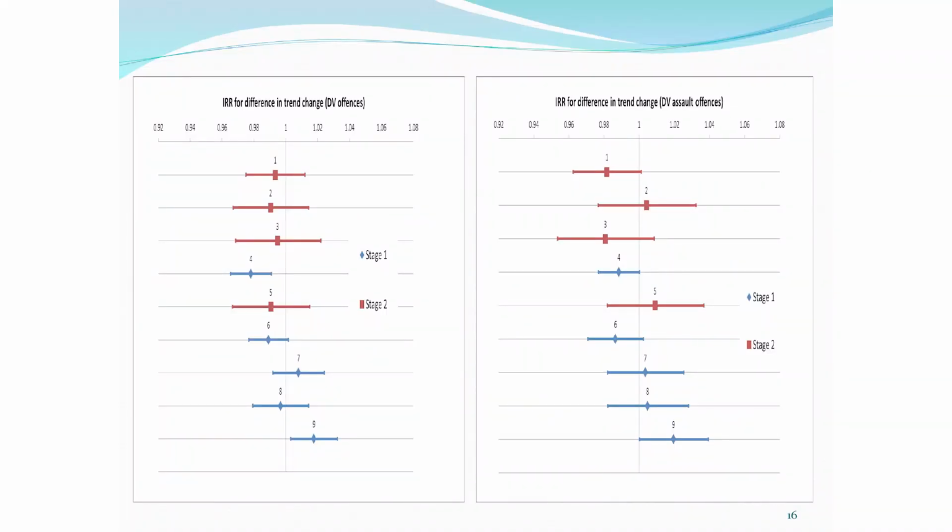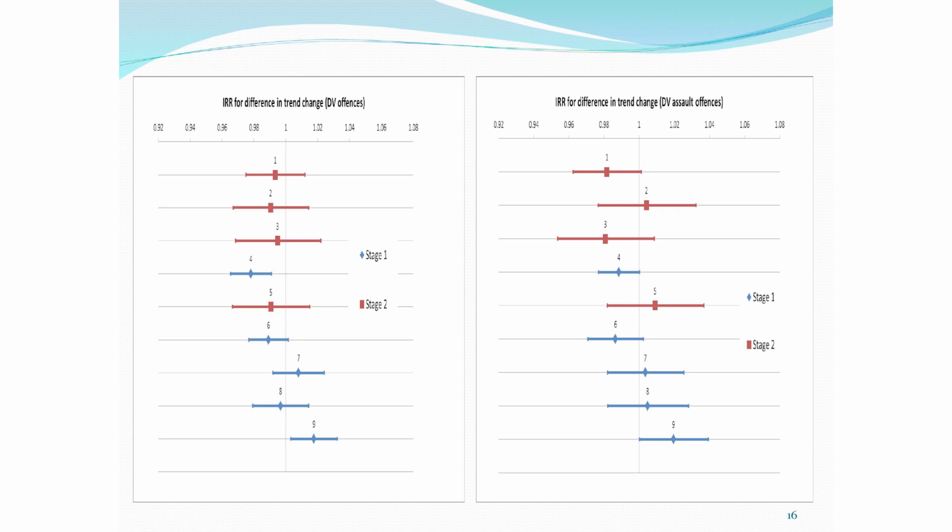There's only 2 things you need to know about this. First of all, you want the point estimates, the vertical dots. I'd love to be able to point it out, but it's too high for me. To be the left of 1, that would signify a reduction in offending. And the confidence intervals, which Karen nicely explained, are the 95% confidence intervals. So you don't want those error bars, those wings, to be overlapping with 1. If that happens, nothing is happening.